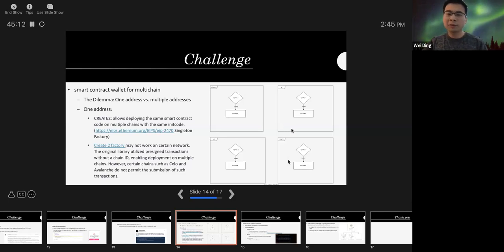I think Gnosis Safe doesn't enforce users to think they have the same Safe address across different layer twos. But we are still thinking about whether, in SoulWallet, we let users know they have a different address across layer twos, or we give users the idea that they always have the same address. So there is some trade-off for that.